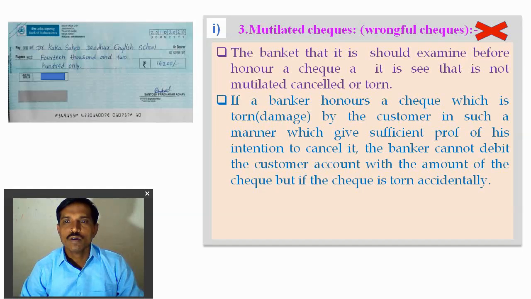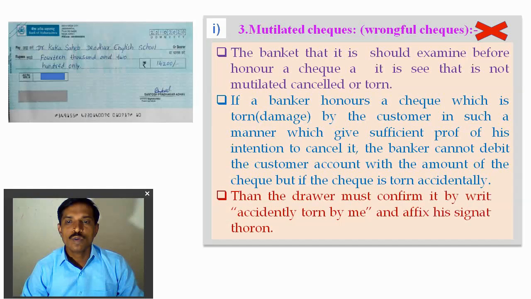If the banker honors a check which is torn or damaged, on the left side, right side, upper side or lower side, in such a manner as to give sufficient proof of the customer's intention to cancel it, the banker cannot debit the customer's account with the amount of the check. But if the check is torn accidentally,